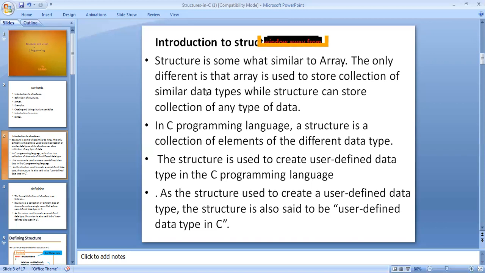But in structures, we define different data types and different elements stored in the same memory location. Important: same memory location, but different data types and different storages are there.